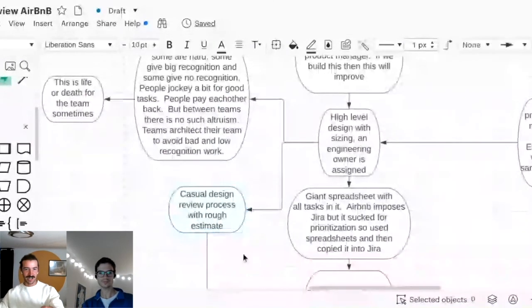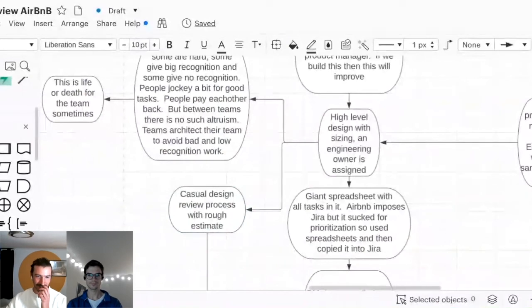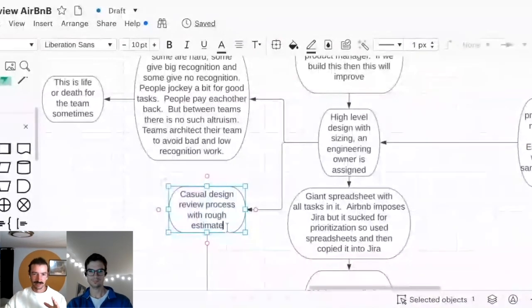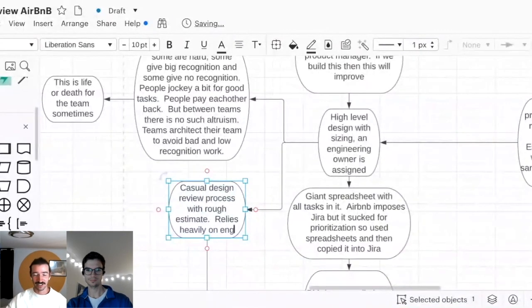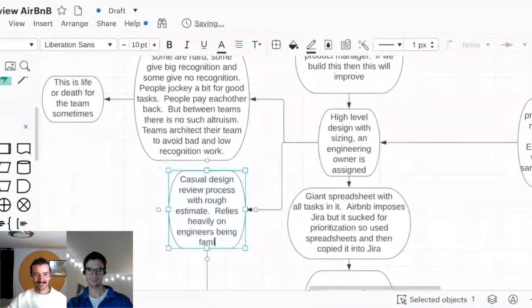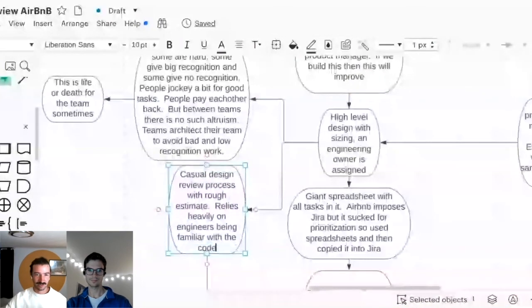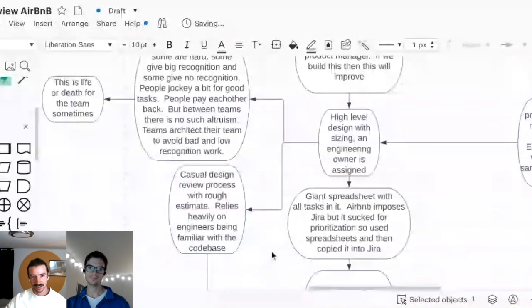One key element of this is that it relies on your team having a really good working knowledge of the code base already. Often, because I was pretty familiar with a lot of the code, and I'm a pretty good engineer, I felt like I'd come up with decent estimates pretty quickly. If you're brand new to a code base, then it's going to be very hard, and you're going to have to do a lot more work because you have to read the code to figure out how it works.